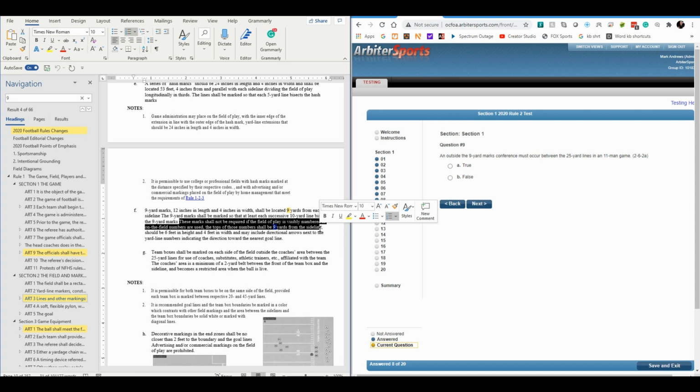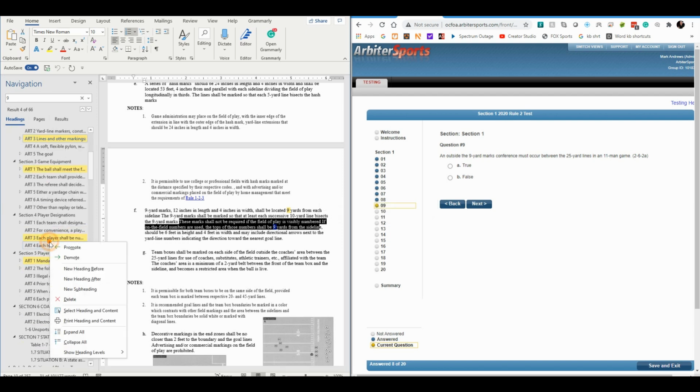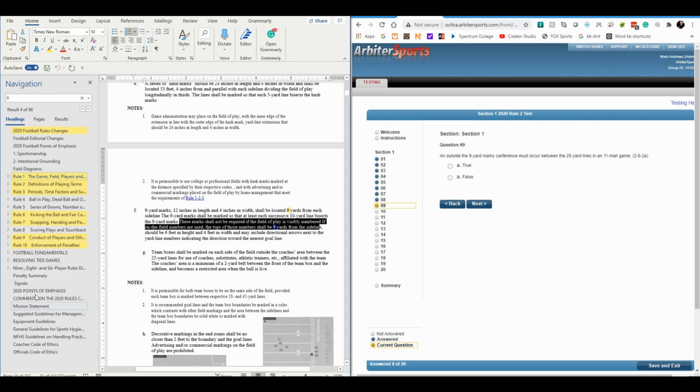And so we have two types of conferences. We have an outside the 9-yard marks, which means towards the sideline, or inside the 9-yard marks. And there are rules specific to each type of conference. We're not going to get into that right now. But if we go to 262A,